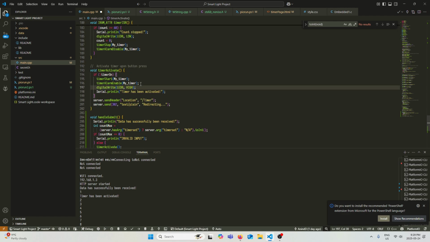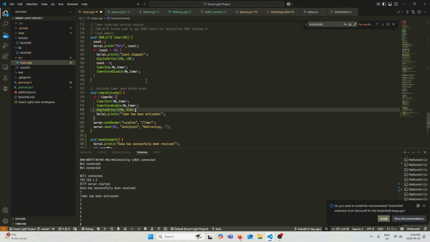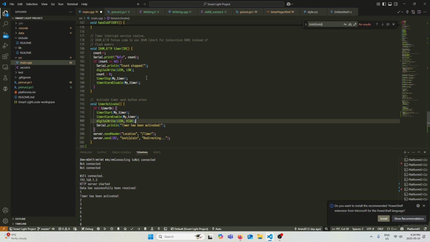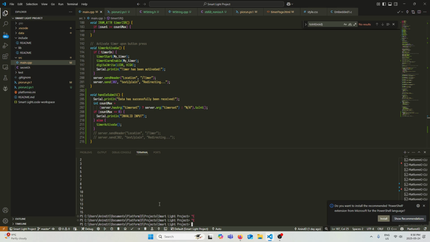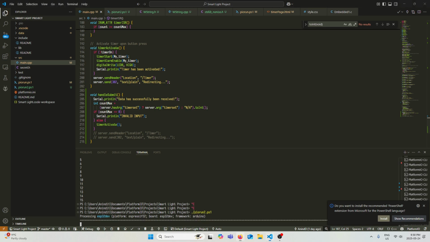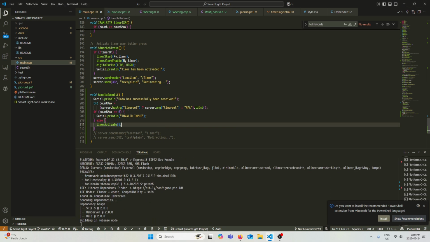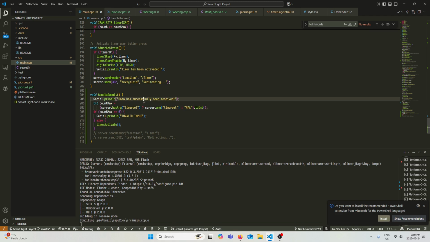Okay, that's good. Timer activates SSR. Okay, so we started up the timer. It's going. Good. Let's see if this works. Okay, this should work now, for sure. This is a ternary operator. We should probably use it.